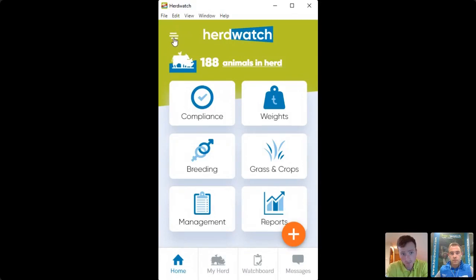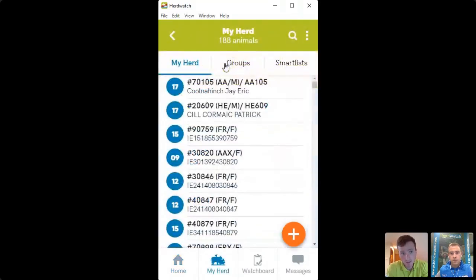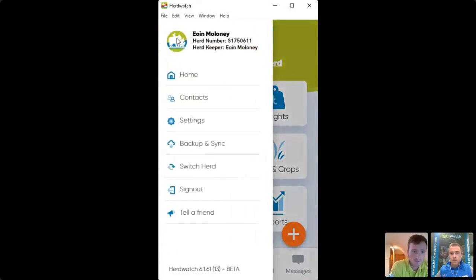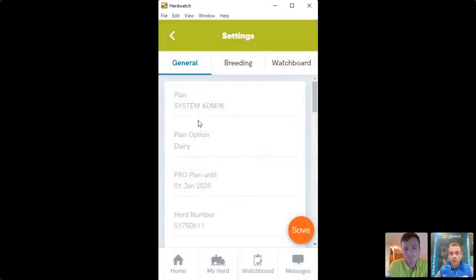So for instance, if you just go into my herd list first, just to show you. So at the moment, my default display description is the last 5 digits of the animal's tag number. But say if you're a pedigree breeder and you want to see the pedigree name everywhere, if you navigate to your settings. So onto the home screen, and then your three buttons at the top left, and then settings. And if you scroll down along,